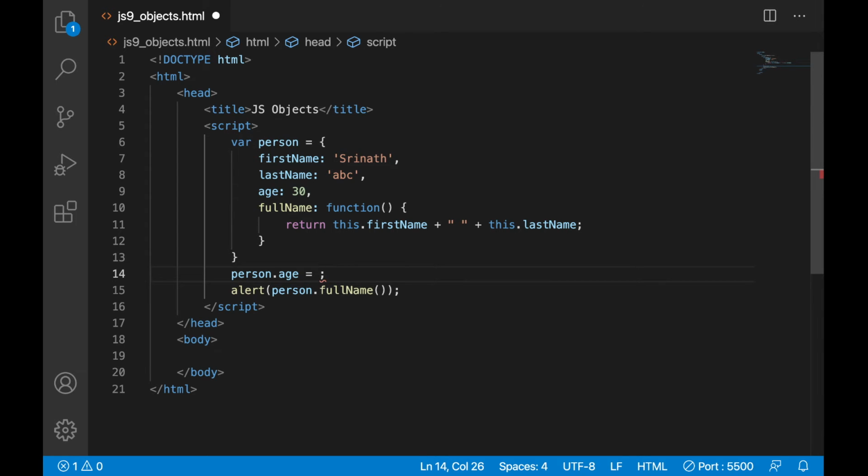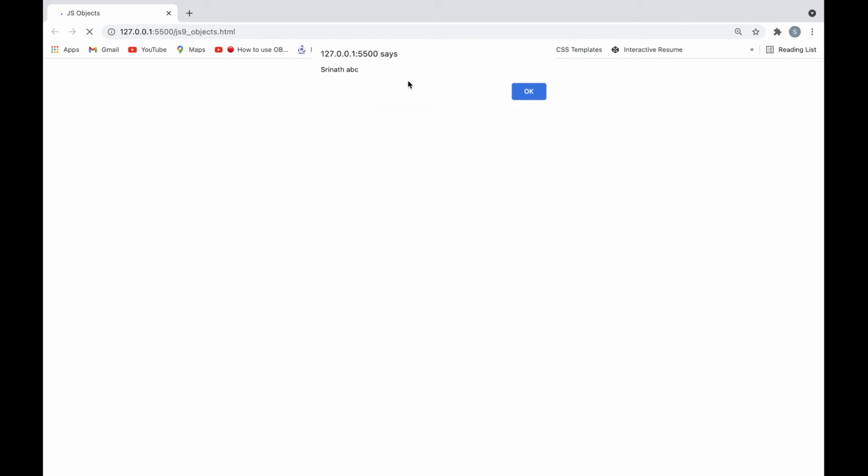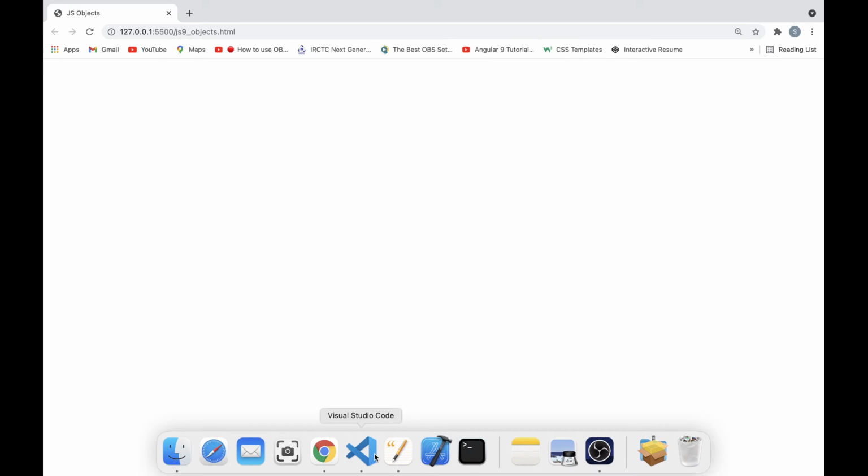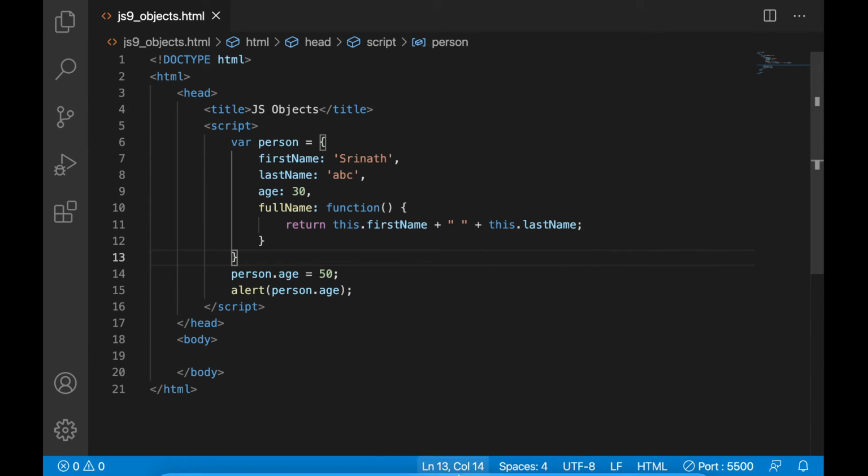here that is a number, right? So I'm just changing it to a number. Initially I gave 30, after that I have overridden like this: object name dot property name equal to some different value. Now let's see. Let's put this instead of full name, and I just want to alert something. Okay, let's resave. See, 50 is coming. So that is about the practical thing.